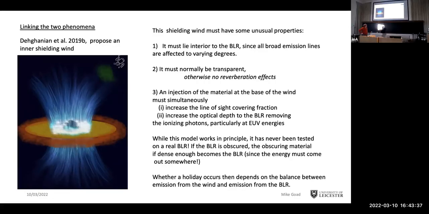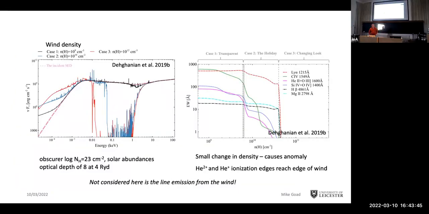But a comment that sort of occurred to me at the time is that while this model works in principle, it's never really been tested in detail. So when you look at Miriam's models, I think they're really great at telling us what might be going on. She considered 3 cases. So this is a later paper, the second paper of that year, where we have basically